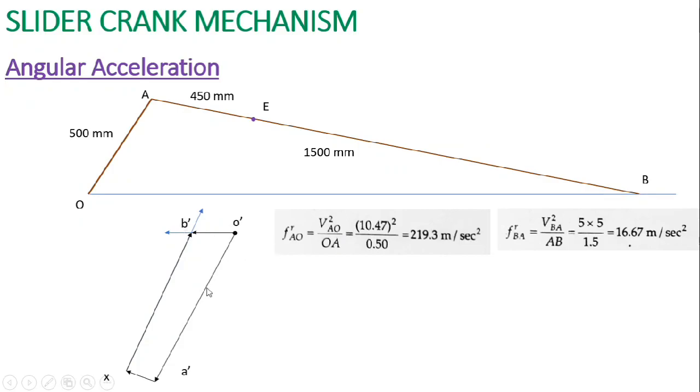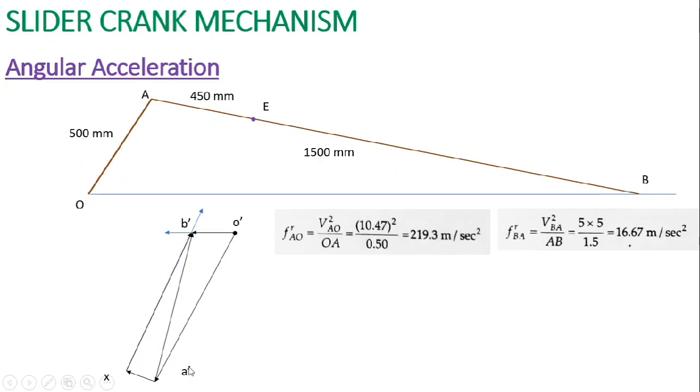point B dash. Now from B dash to A dash, we can draw the resultant vector, that is FAB. From the radial and tangential vector, we have got the resultant vector of the acceleration of link AB. To know how to obtain the resultants of the vectors, you can refer to the video which will appear on the top right corner in the YouTube iCard.